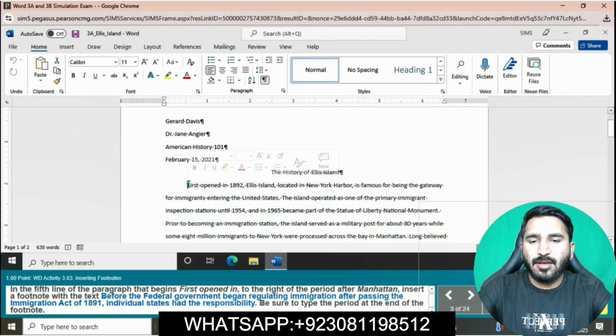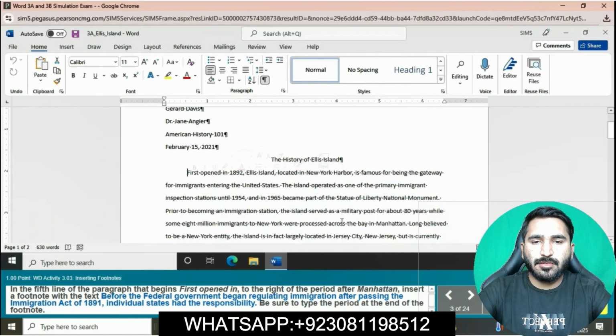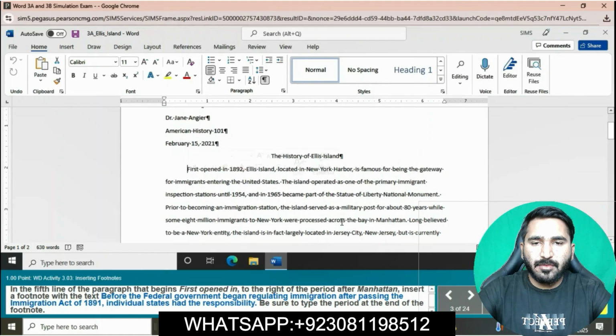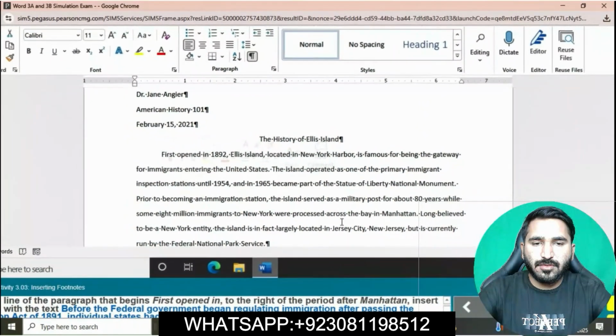Okay, in the fifth line of the paragraph that begins First opened in, to the right of the period, insert a footnote. We will find the fifth line of the paragraph: 1, 2, 3, 4, 5.